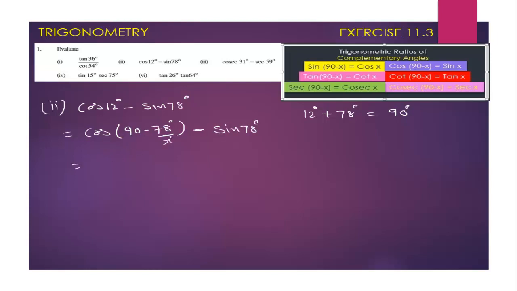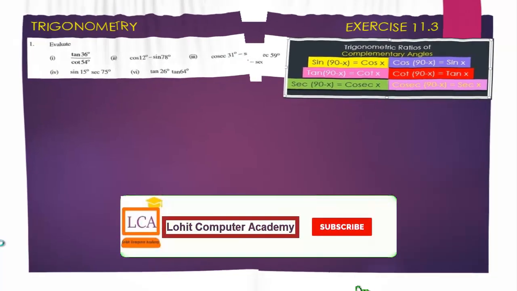Here cos of 90 minus x we can write as sin x, where x is 78 degrees, so we get sin 78 minus sin 78, which equals 0. Therefore cos 12 minus sin 78 equals 0. Next let us see the third problem,